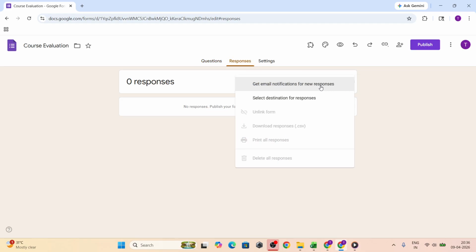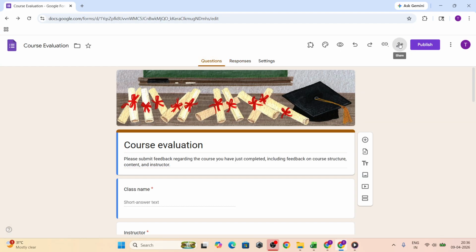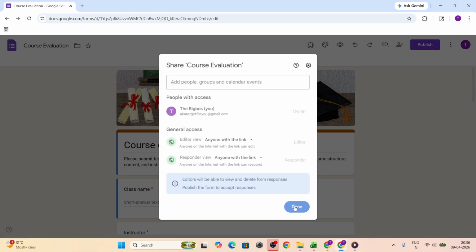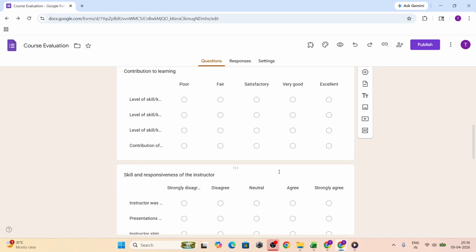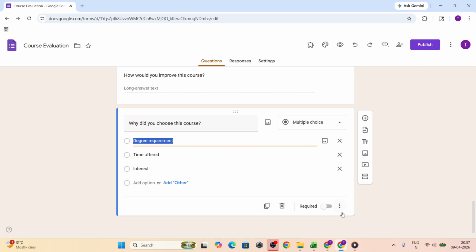Once everything looks good, click Send. Your recipients will receive the email with the form embedded when supported. And all responses will be captured in Google Forms as usual. You can view them in the Responses tab or connect the form to a spreadsheet if you want deeper analysis